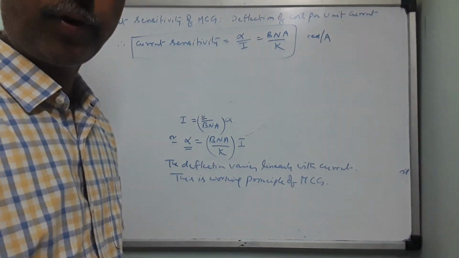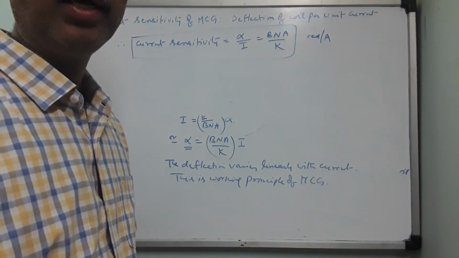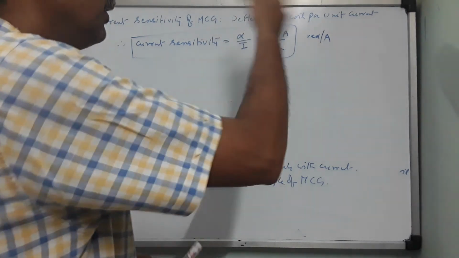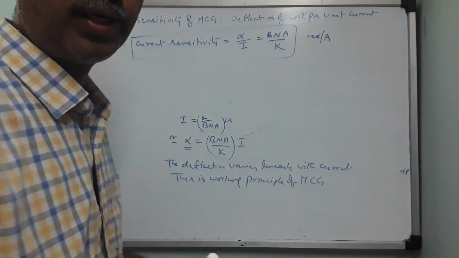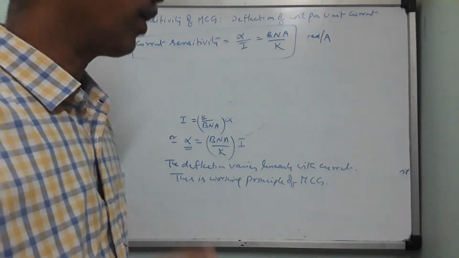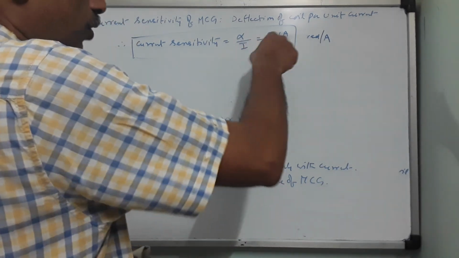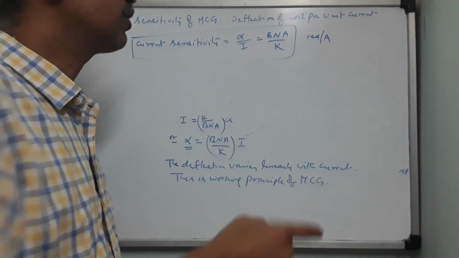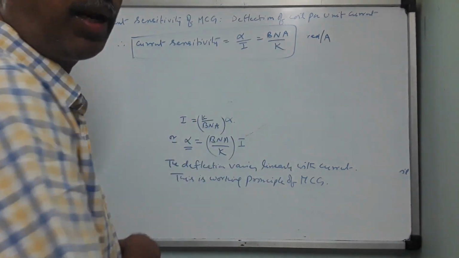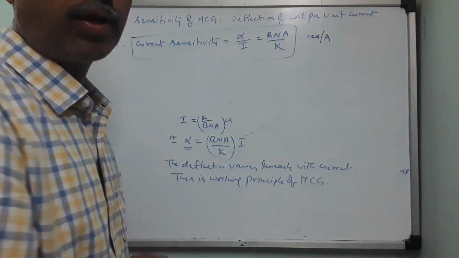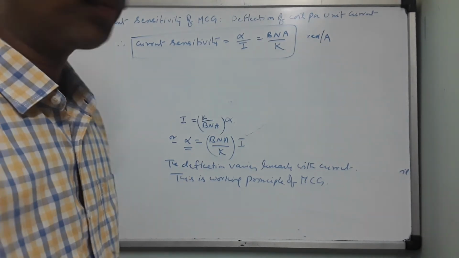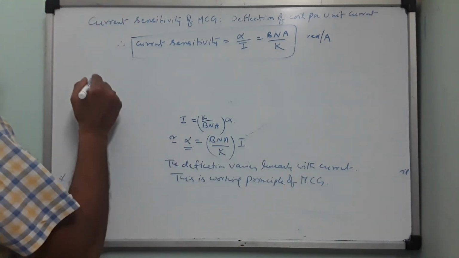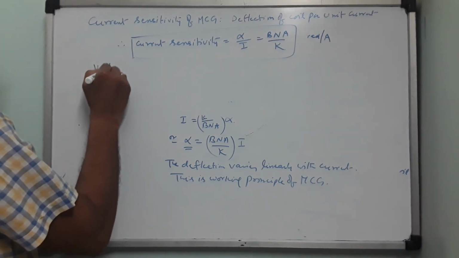Slightly increase magnetic field. For that you are taking the help of a soft iron cylinder. Slightly increase number of turns. Slightly increase what? Area of the coil and decrease the restoring twist. So on what factors current sensitivity depends means you have to write all these factors. It increases with field. It increases with the number of turns. It increases with area of the coil and it decreases with restoring twist. Okay. Now, second one is voltage sensitivity.